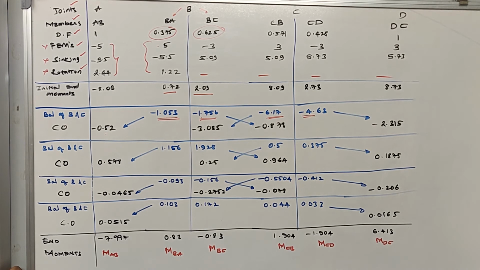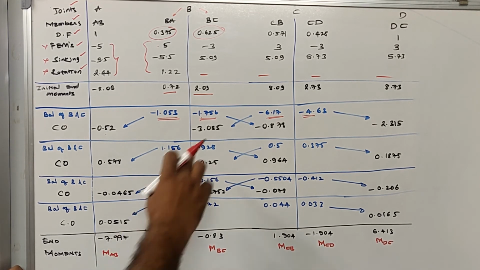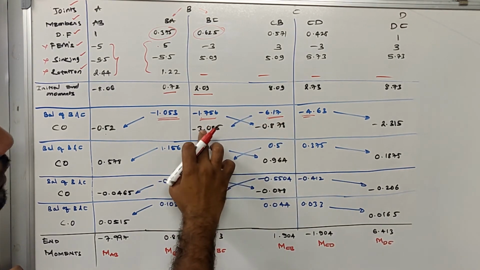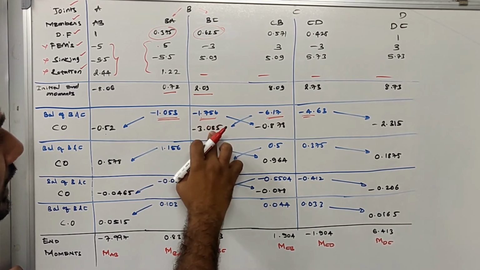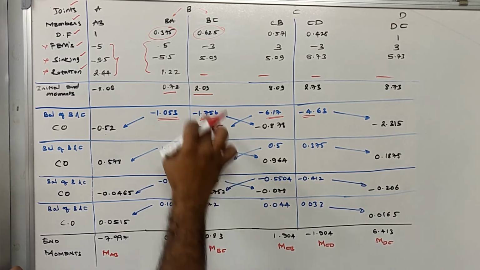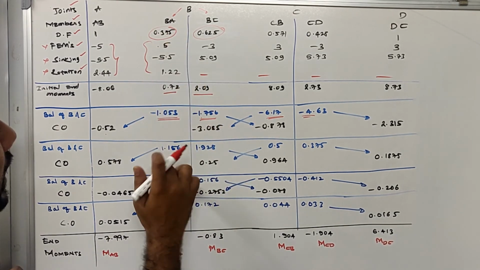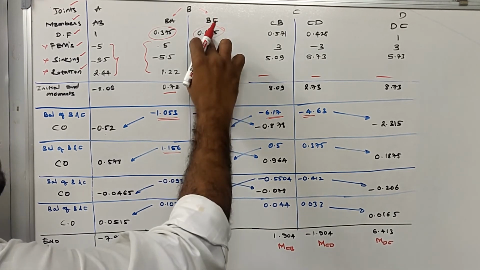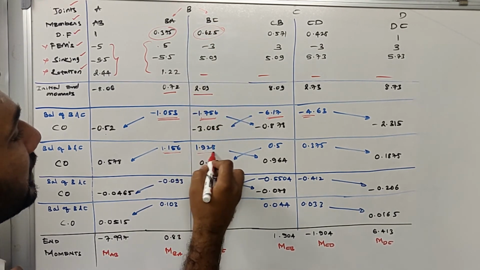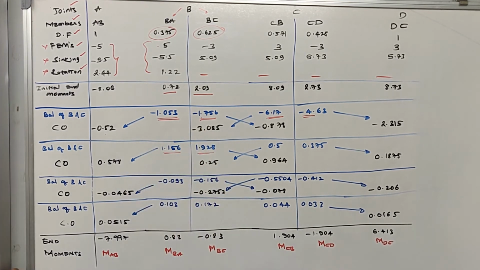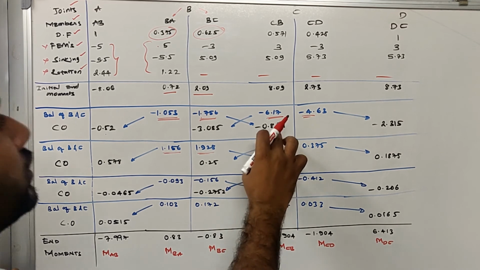After the first iteration, as you can see, joint B and joint C are still imbalanced, right? By carrying over, we have imbalanced joint B and joint C. Now whatever value we got here should be balanced. How do we balance this? Minus 3.085 again multiplied by BA is written over here. Similarly, minus 3.085 is multiplied with this and written over here by changing the symbol. Since it is minus, we need to balance it by applying a positive value. Similarly, joint C is also done.